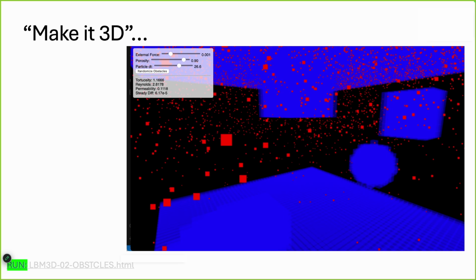So later on, if we have time and you ask about it, I can run it for you, so you can see the flow in 3D. It's really fantastic, and I was amazed that it basically works in the web browser. Okay, and I can compute tortuosity. And again, from my experience, a few years ago, if someone came to me with tortuosity results for a three-dimensional system like that, I would say, okay, it's maybe not the most sophisticated research in the world, but we can publish it. And today, many people will publish stuff like this.